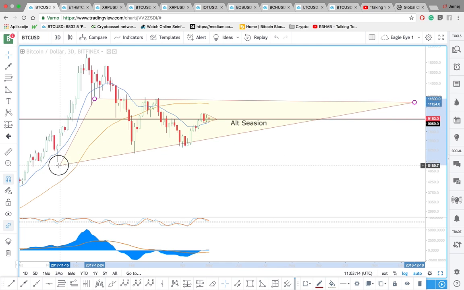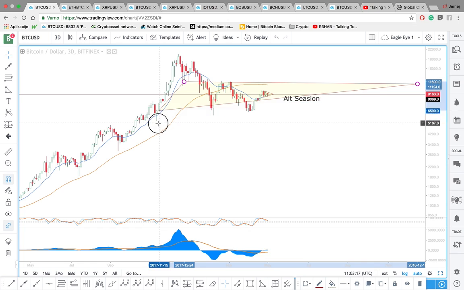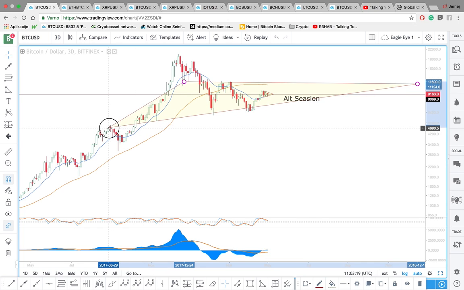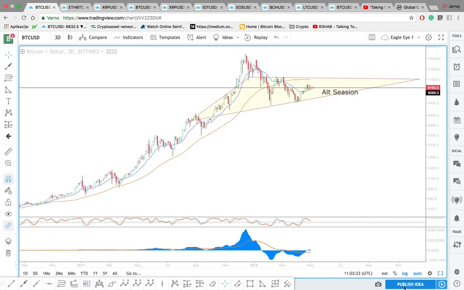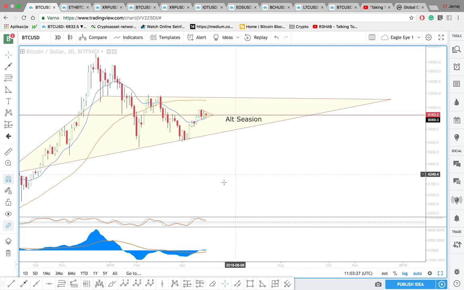And I can actually connect this as well, making it even stronger, or like that. Okay, I don't want to go too much into detail about that because I'm just losing time. So yeah, I think this is a really important triangle to watch, because after this, as we know, we probably break through the upside. But it also gives us the idea that if this is true, that means that price, we're gonna see quite a lot of